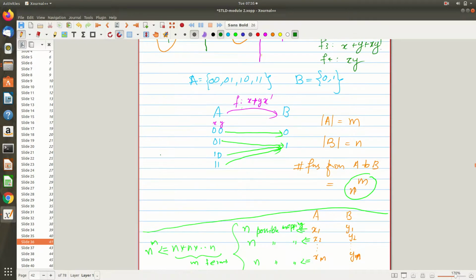How many Boolean algebraic expressions are possible? I'm not using the term function, let me use Boolean algebraic expression. You know that each expression is nothing but a function, because the expression is mapping each input instance to 0 or 1. So you can visualize it like that. How many Boolean algebraic expressions are possible using two Boolean algebraic variables? So that is my question.